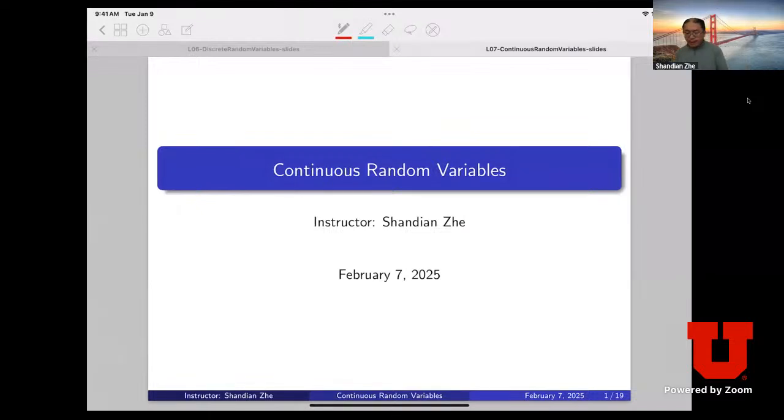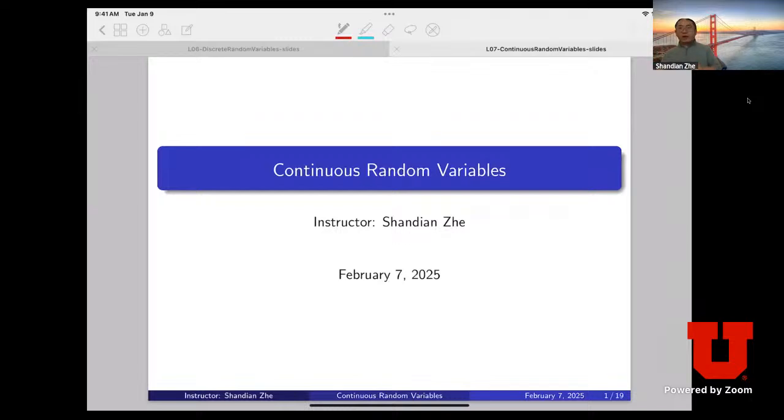Our next topic is to introduce another type of random variables, which is called continuous random variables, right? So you see, it's kind of like complementing each other, right? We talked about discrete random variables, and now we talk about continuous random variables. So actually, continuous random variables are